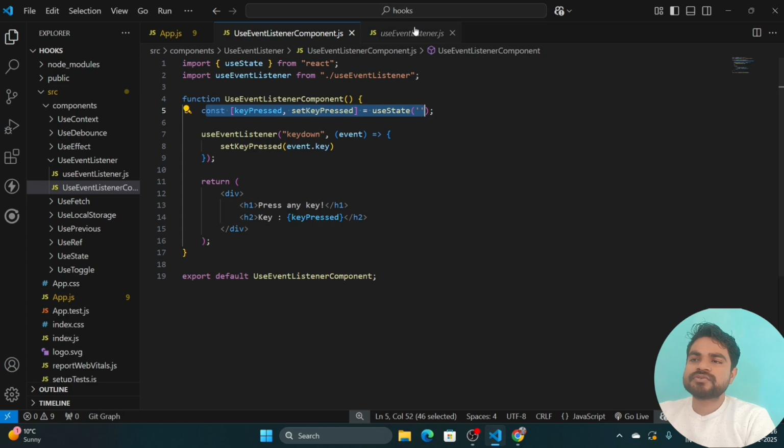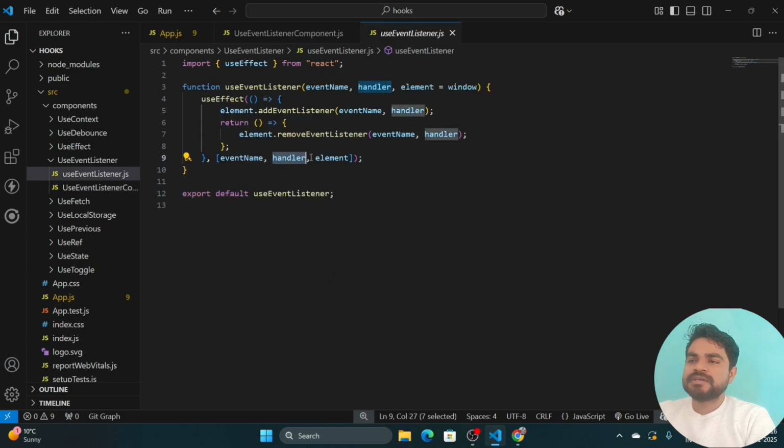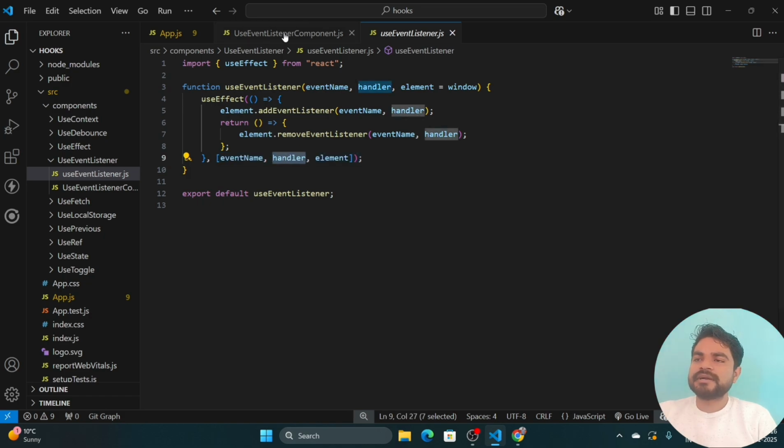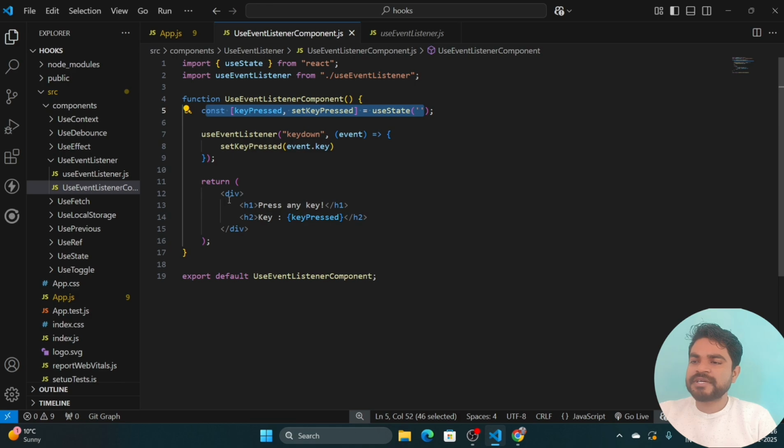So we pass the whole function as the handler, and the element will be the whole screen of our current window. Inside useEffect, on change of any of these values, most of the time it is the handler that changes. Every time we press any key on the keyboard, this method will be called, because we passed key down as a parameter.